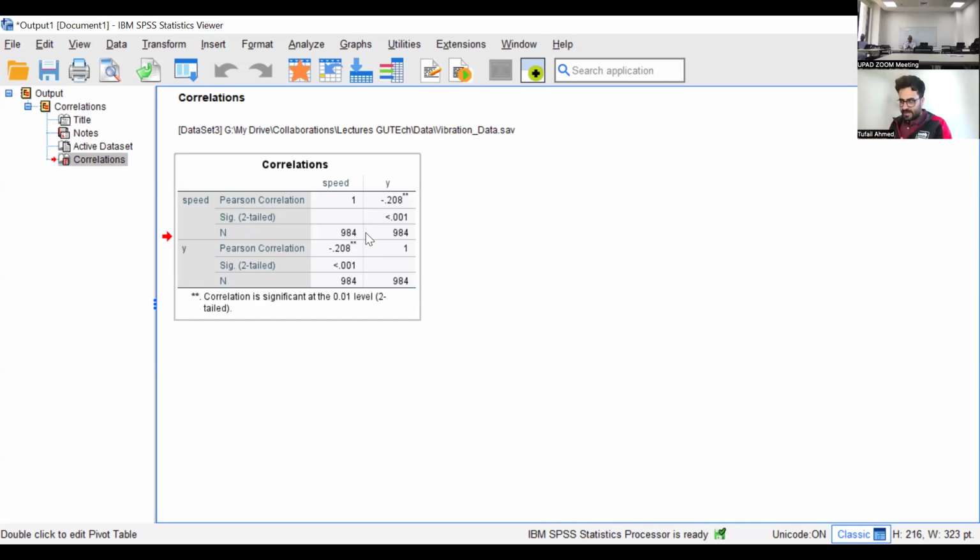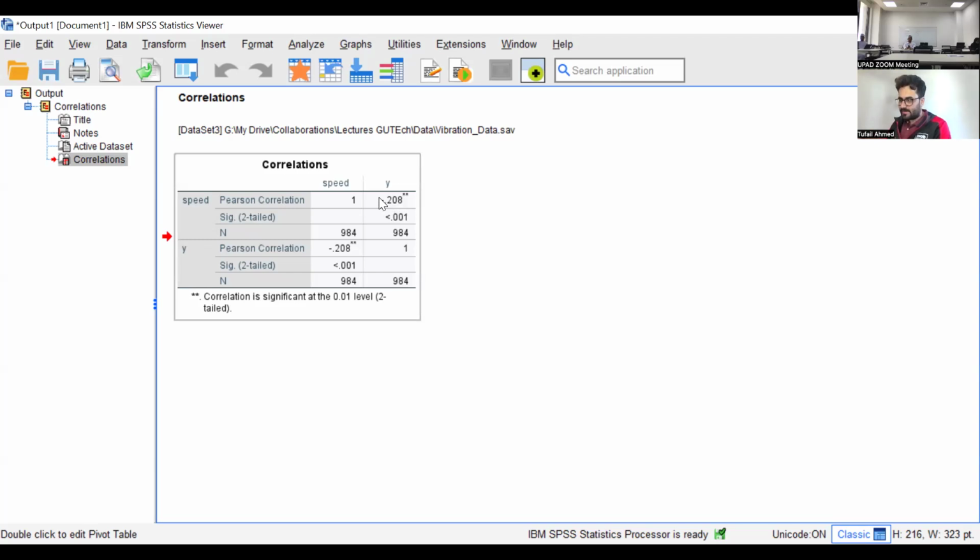If it is negative, and here we have negative, it means that if one variable changes, the other changes in the opposite direction. If one increases, the other one decreases. This is what negative correlation shows us. And here we have a weak negative correlation. This Pearson correlation value is minus 0.208.